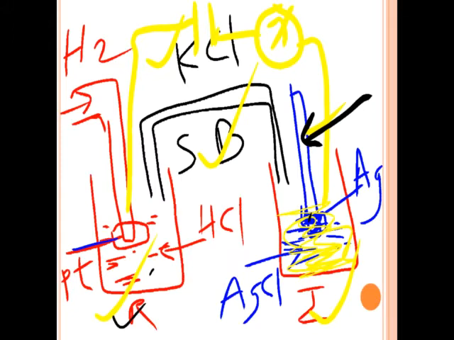So such a cell is also called an electrochemical cell. In this electrochemical cell, we do not provide any current, but due to the chemical reaction of the analyte or the sample, it releases or gains electrons, and due to the gaining or releasing of electrons, the potential difference changes. We measure that potential difference, and using it we calculate the concentration of the given analyte or the unknown sample.